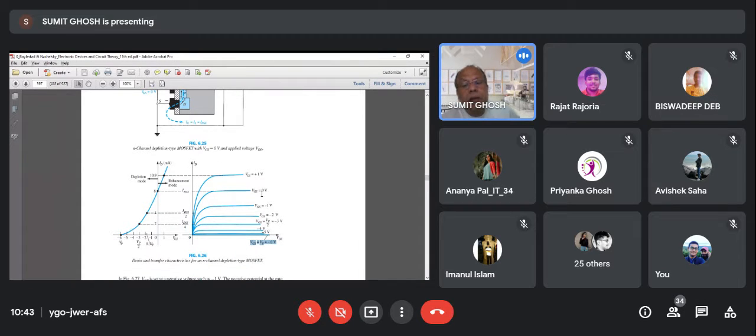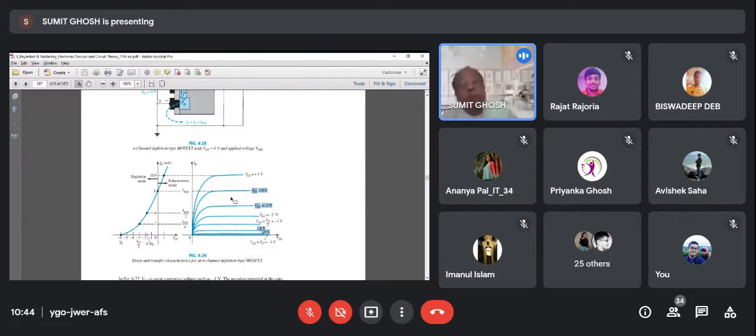But try to understand all these curves, 7 curves starting from VGS is equal to 0 to VGS is equal to -6 volt. Have you understood the curves? The nature of the curves is similar. Only the current value saturates at a lower value of ID. The saturation current is lower for each step. Is it clear? Yes, sir.